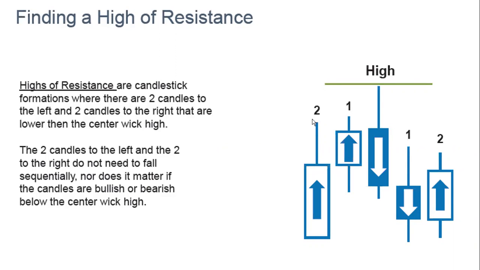So we have OHLC. Now, whenever you see a candle that has two candles before it and two candles after it, and none of the highs of those two candles contests its own high, this is a typical high. It will not be an official high until the two candles after it close. You can follow that rule. Please go to live charts, high and low. We'll do that.